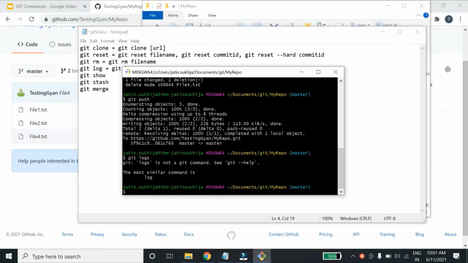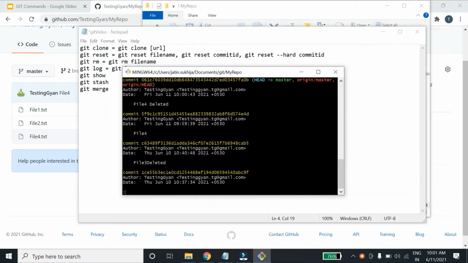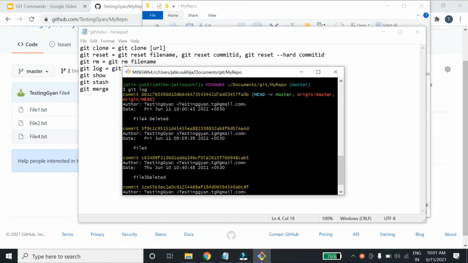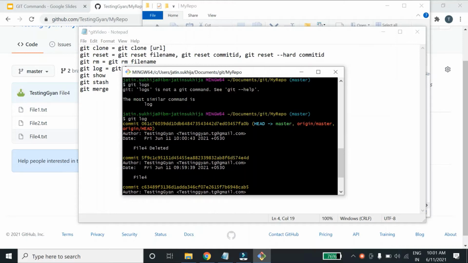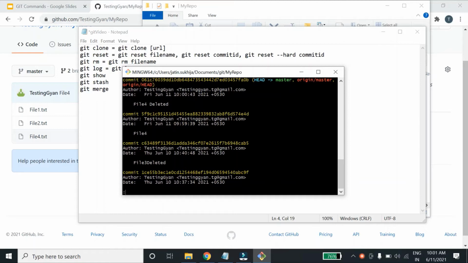So if you see, okay, sorry, git log, I pressed S. So it shows all our commit histories over here. This can be useful if you want to know the commit ID. It shows us a date as well. So let's say if I want to go back to the code base of 10th of June, I can check the commit ID with the help of git log, and then I can use git reset. I hope guys this git log is also clear.